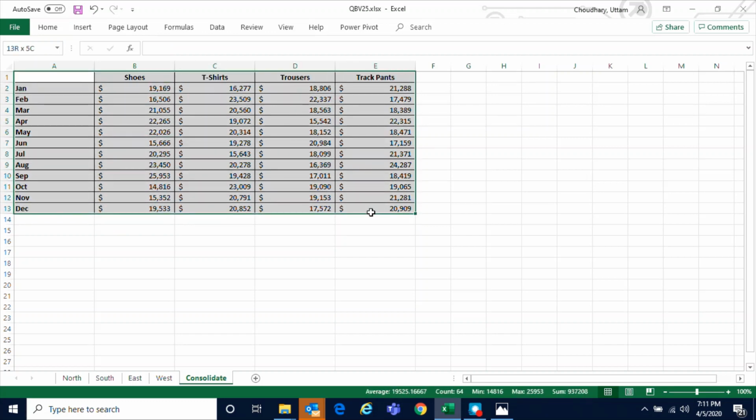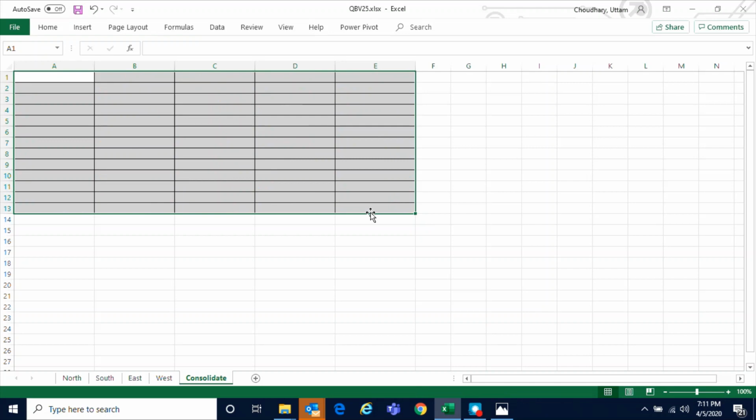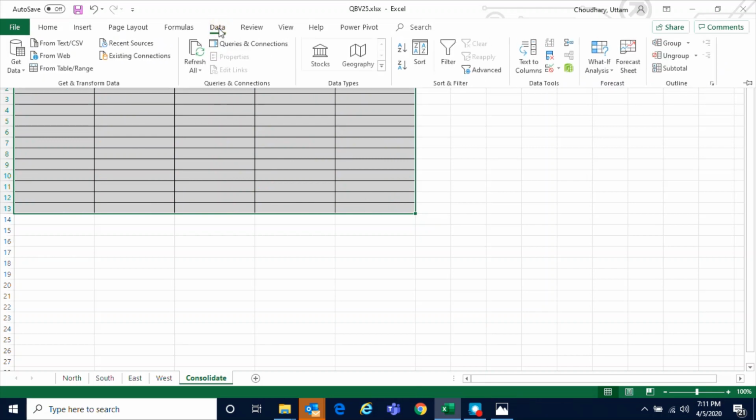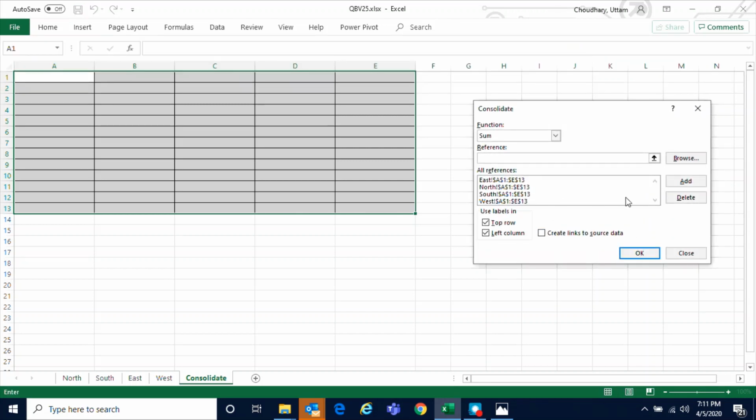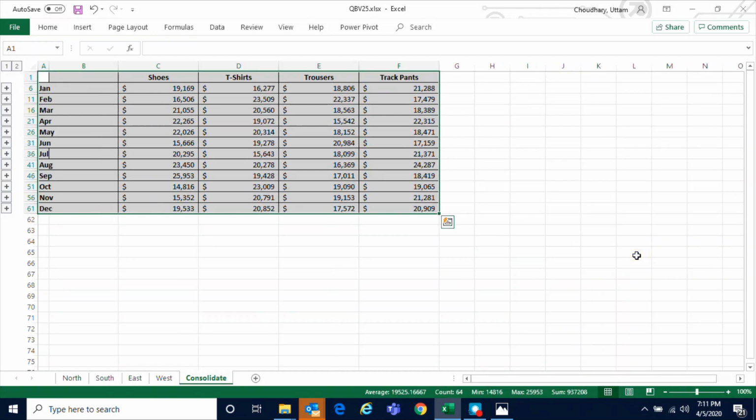Okay, so let me do it one more time and show you what you can do to ensure that the data is now in a dynamic fashion. You can go to consolidate, and obviously I'm not going to change the data range, because north, south, east, west is all the same data range that we are looking at here. The only thing we now need to do is click on create links to source data. What it does is it brings up the data in a way that is dynamic in